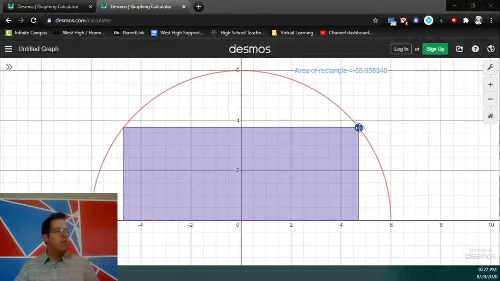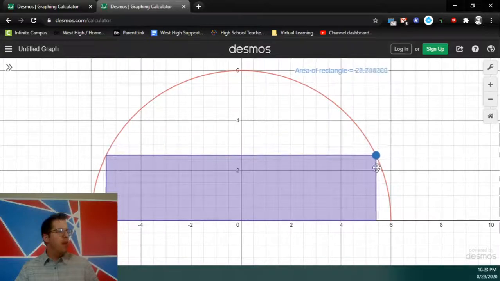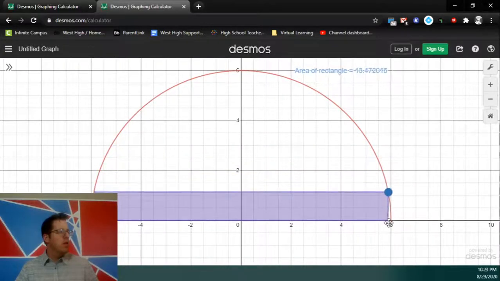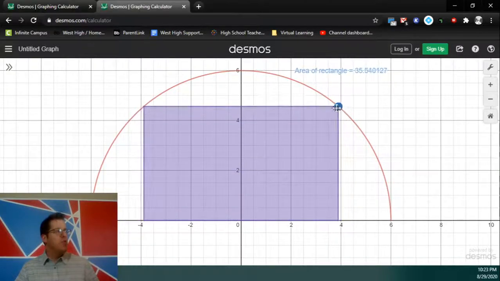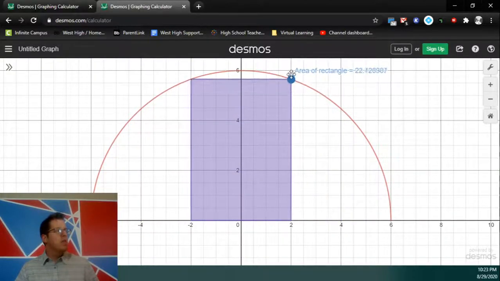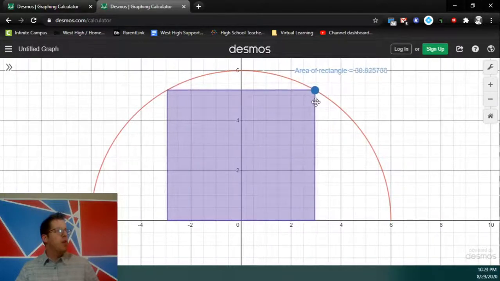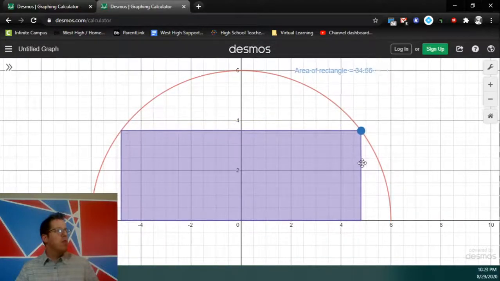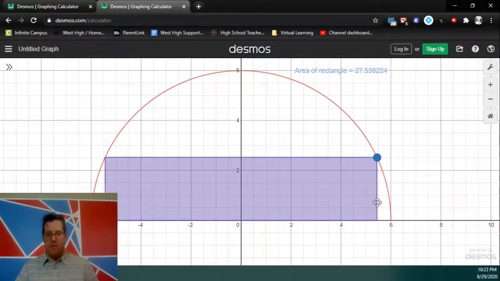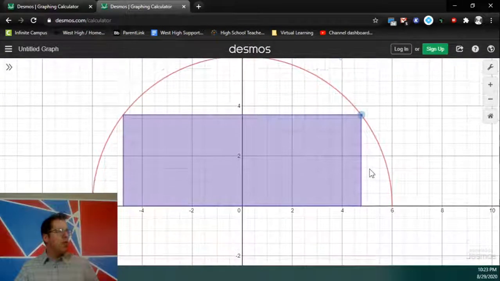Okay, problem 70 is talking about what happens if you take a point on the semicircle and you move it. How does that determine the area? So as you can see, as you move it to a certain point, the area gets bigger, and then after a while, the area starts getting smaller again. So obviously, whatever that x coordinate is,